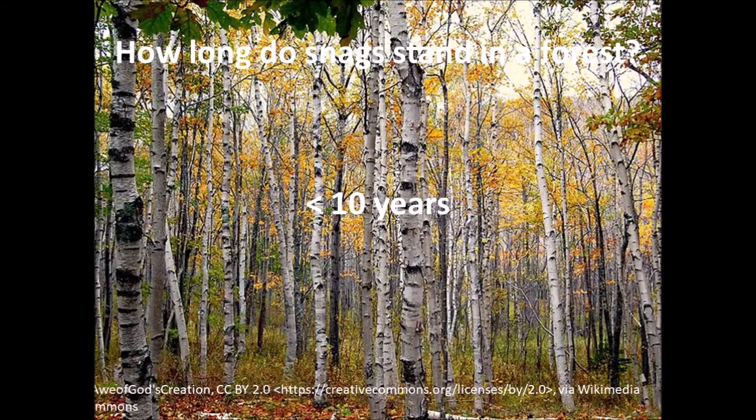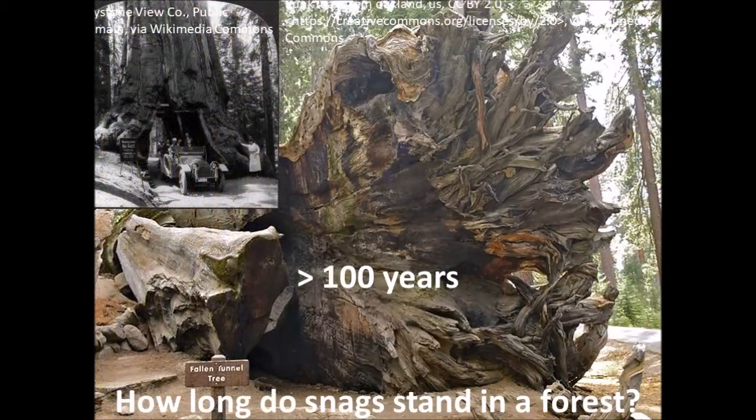How long do snags last in a forest? If it's a fairly soft wood, such as a birch or a poplar, typically a snag will last for less than 10 years in a forest. If it's a harder wood and a particularly large tree, the tree may stand for more than 100 years. A typical example would be the giant sequoias or redwoods,